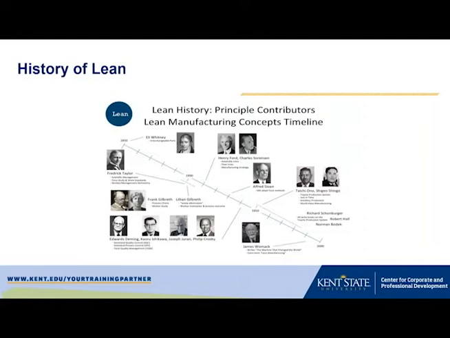And the Japanese particularly leveraged Deming in his teachings because he was in Japan, sent there by the U.S. Army after World War II to help Japan recover from the difficulties of war.